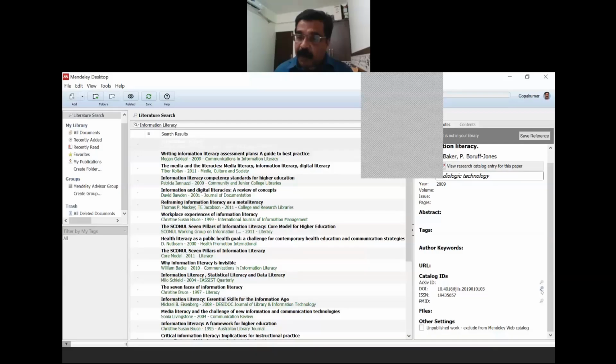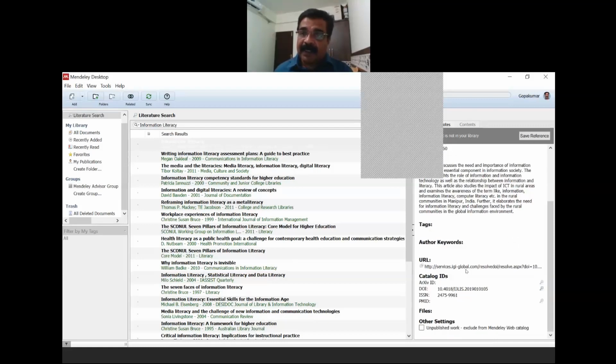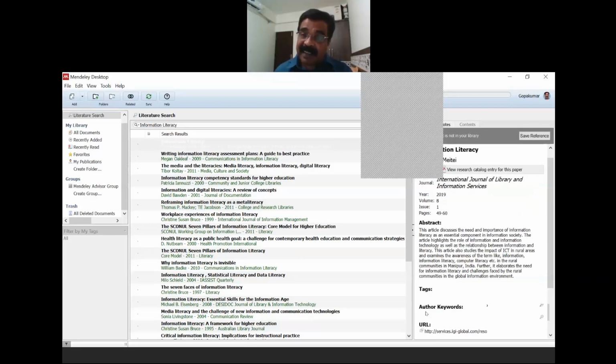Now, to make sure that the metadata is correct, there is a DOI. You know the full form of DOI, Digital Object Identifier. Make sure that the details are correct. For that, here there is a lookup option, a small lens-like structure. You have to click on that. So it will search and retrieve the entire metadata. See, it has changed everything. All the details are now correct, because that DOI gives you the exact details.